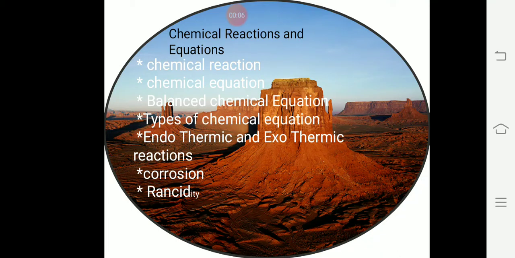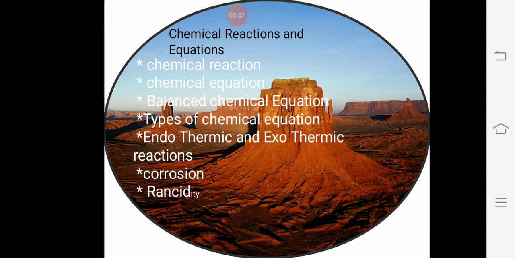I am Rupa. Today I am discussing the topic chemical reactions and equations. In this topic we will discuss: first, chemical reaction; second, chemical equation, the definition of the chemical reaction and the definition of the chemical equation; third, what is the balanced chemical equation and some examples; and next, types of chemical equations. In these types we will discuss nearly 4 to 5 types of chemical equations with definitions and also